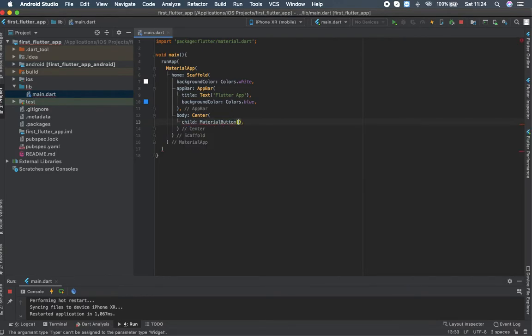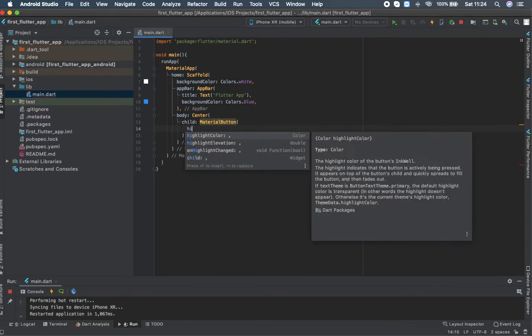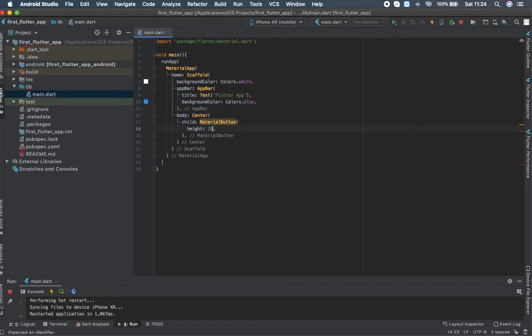I will provide the documents, and let's say the height for this as 200. And then I'm going to shape the button as circular. I want the button as a circular button,